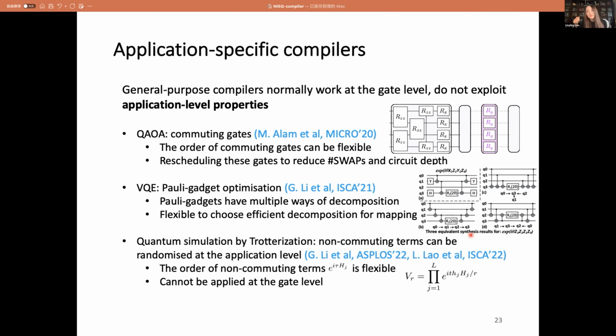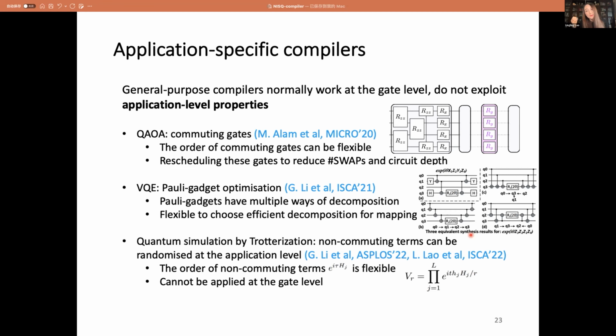And for quantum simulation based on Trotterization, we can also perform some application-specific optimizations, because for this application, there are many non-commuting terms. So mathematically, they are not commutable.